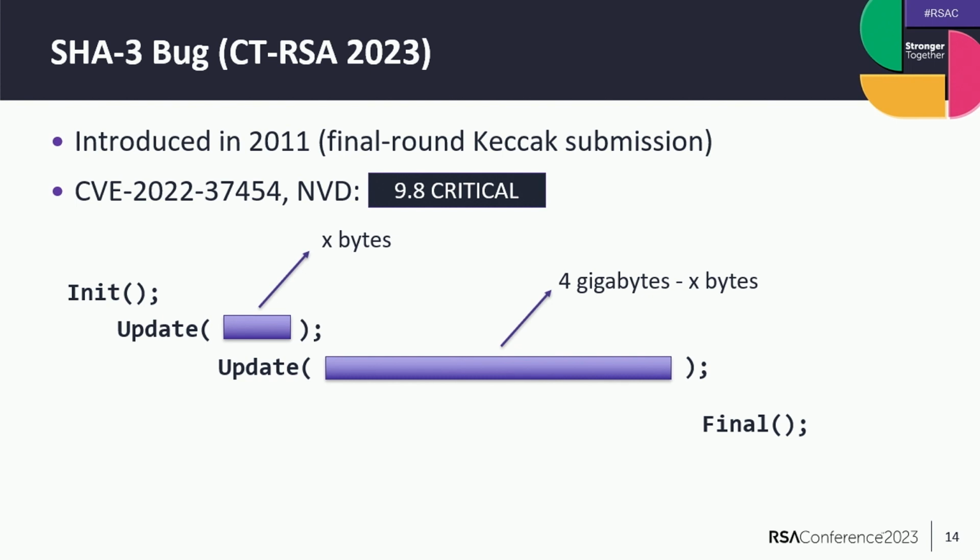In that case, what happens is that there is a buffer overflow when you're calling this second update. And this buffer overflow, there's a quite cool demo for those who are interested, shows how you can do arbitrary code execution. So basically you have some type of digital signature you want to verify, for example, on some firmware you want to check. Before it gets to the point where it will say your check has failed, there is a buffer overflow that happens and an arbitrary code execution where the code is part of the message that you've provided.